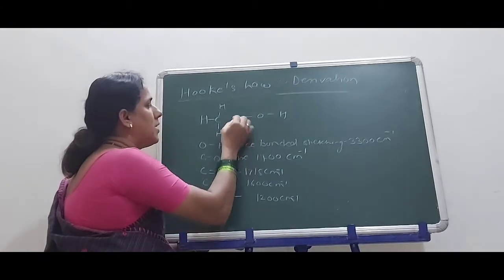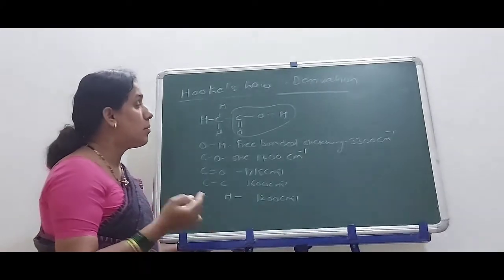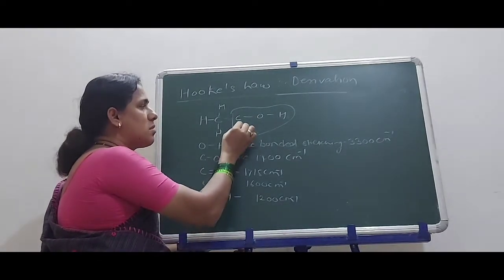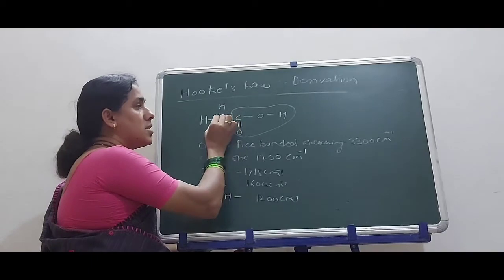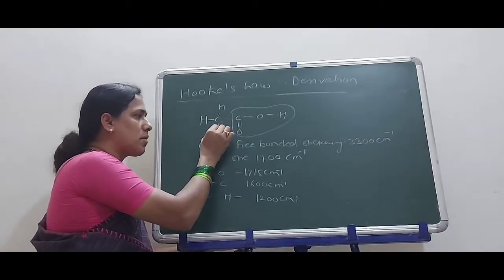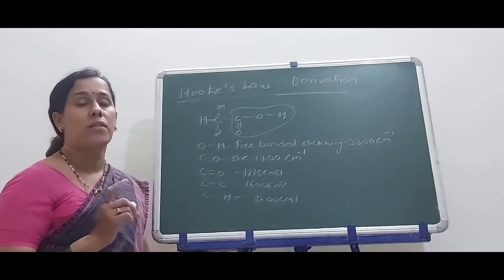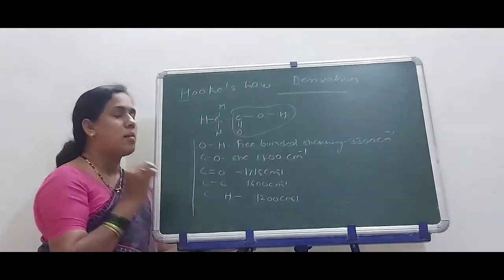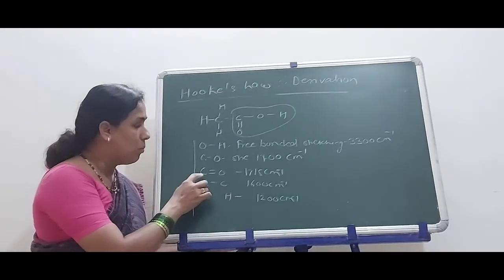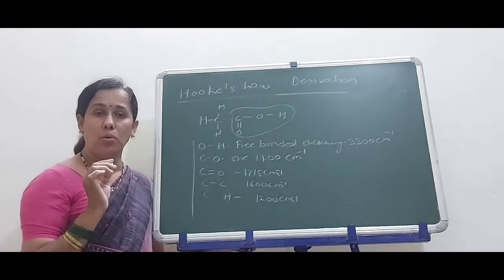Now these are the stretching frequencies of a functional group. Which is the functional group? The acid comprises the COOH functional group. But in COOH, which are the stretching frequencies? CO, C double bond O, and C single bond. Also one more frequency is CH. That is, each frequency is characteristic of its functional group. They have group frequencies allotted to each.